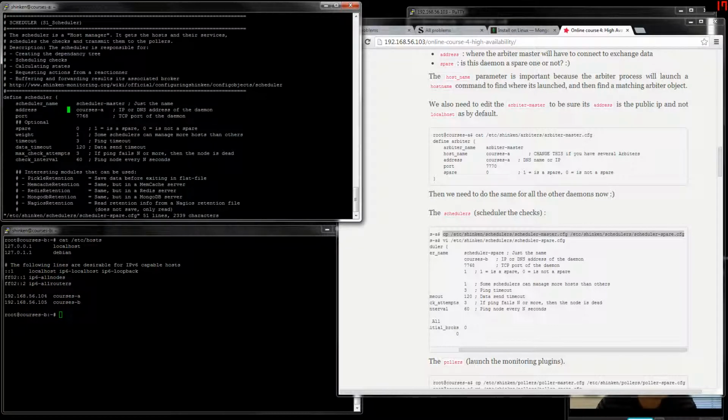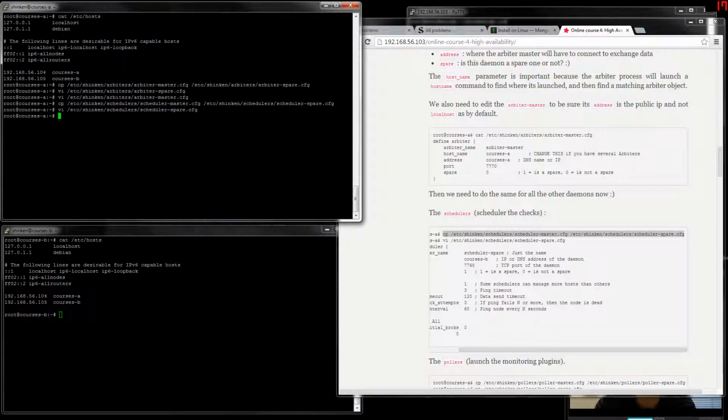Here we go. The spare is on the B server and is a spare. So that's okay.